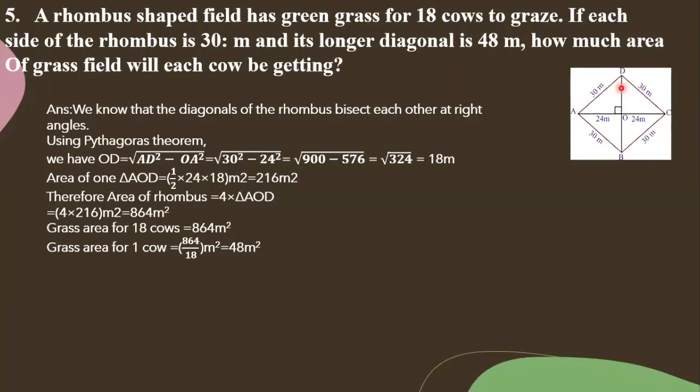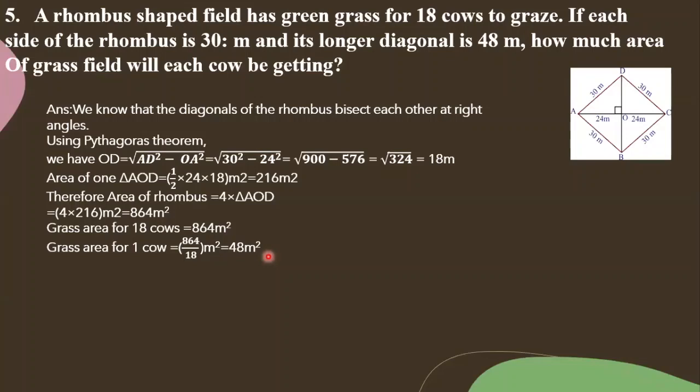If any one triangle area they get, since the diagonals divide it, the area of all the 4 triangles are same only, children. So that's why they have taken any one triangle, found area, then multiplied by 4. This is also easy. Whichever you find easy you can take. Any one triangle area you find out, then multiplied by 4 also you can do it. Am I clear? Any method you can do it.